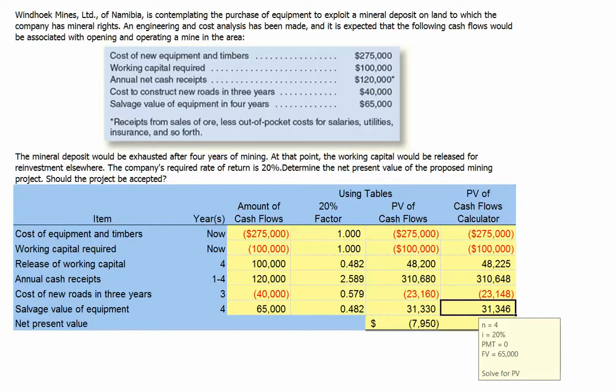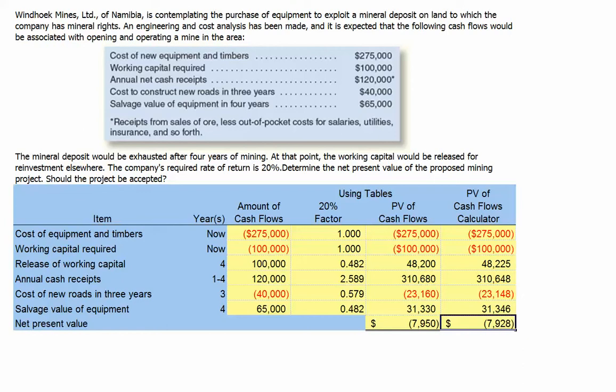Finally, the salvage value in year 4. We have 4 periods, a 20% interest rate, 0 for the payment, $65,000 for the future value, and then we solve for the present value and get $31,346. Summing them together, we get a net present value of negative